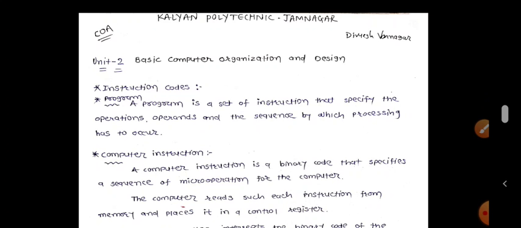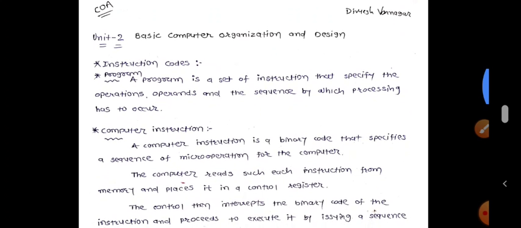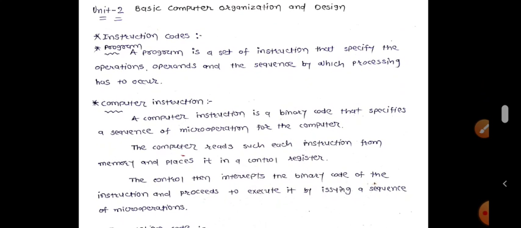Now let us define what a computer instruction is. A computer instruction is a binary code that specifies a sequence of micro operations for the computer. That means, for example, I want to perform addition.